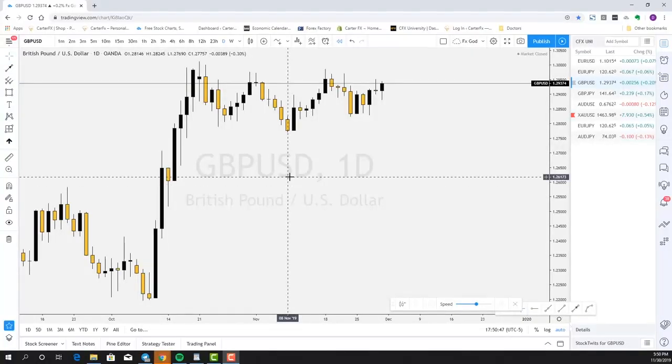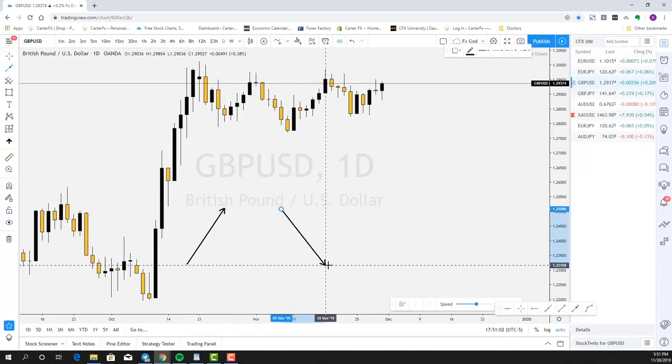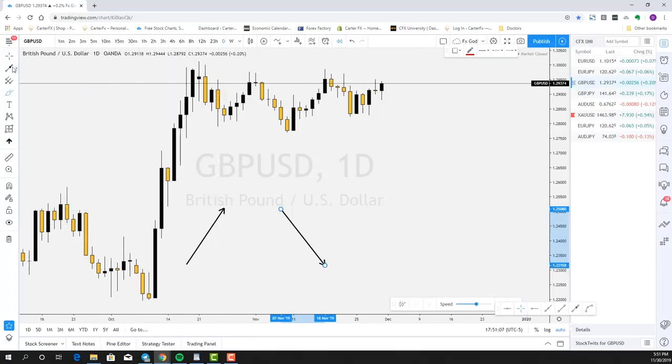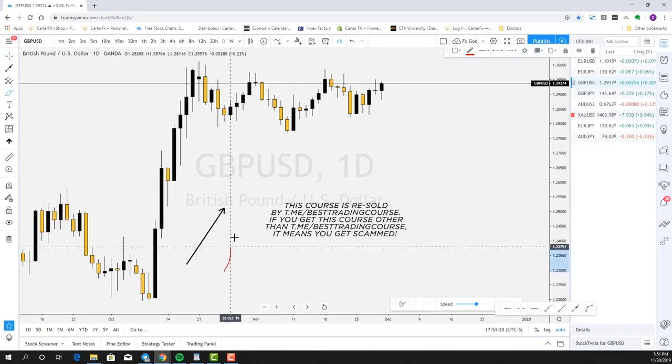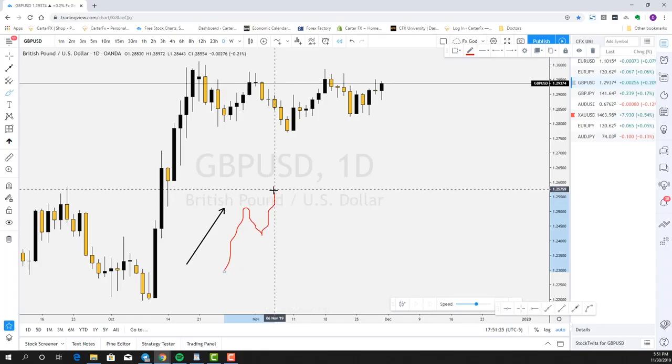Okay, so to properly demonstrate what I'm about to teach you, I want to first highlight a couple of things. Number one, whenever price is moving, whether we're going to the upside or whether we're going to the downside, as price is forming its waves of movement, in this case, let's take a look at upwards movements. One of the key things for you guys to keep in mind is that once price is moving upwards and we're getting a high and a higher high,